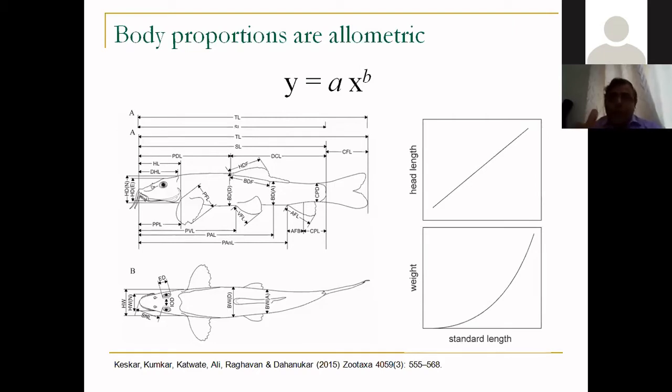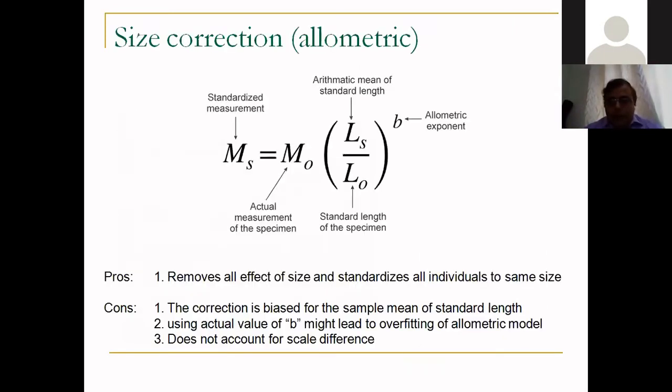So for example, if you are looking at the weight of an organism and not its length, then weight will not scale as 1, it will scale as cube. The reason for this is because weight at a constant density, so if you assume a constant density of an organism, the weight is proportional to the volume of the organism, and volume is cube of the length. So the way we calculate volumes is we take cubes of lengths. So typically weight will grow as cube of any length, but two lengths will grow with an allometric exponent of 1.